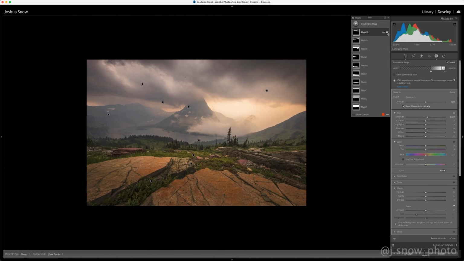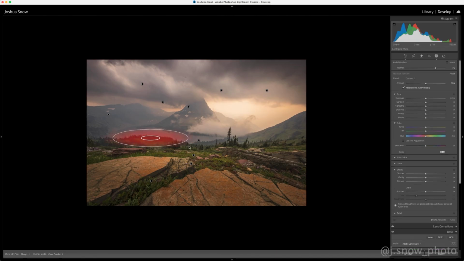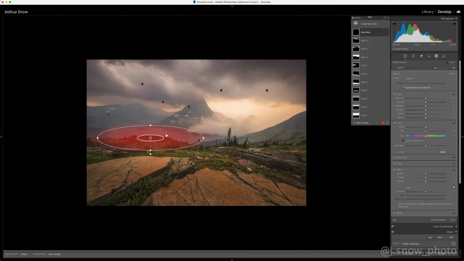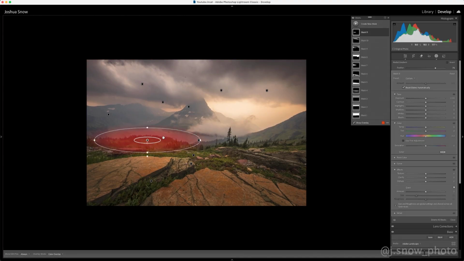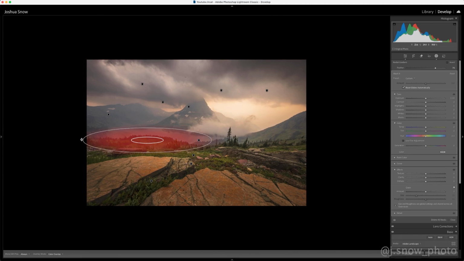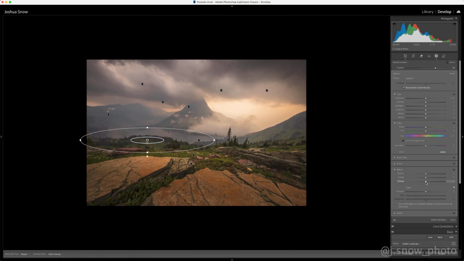Great. All right, the next thing I want to do is some effects using some of these localized adjustments. So first thing we're going to do is grab a radial gradient, and I'm going to expand it over this little ridge down here. It's a plateau before it drops off again down toward the lake. I'm going to expand this till it's almost out of frame, and we're going to go down here to dehaze. We're going to lift up on that,